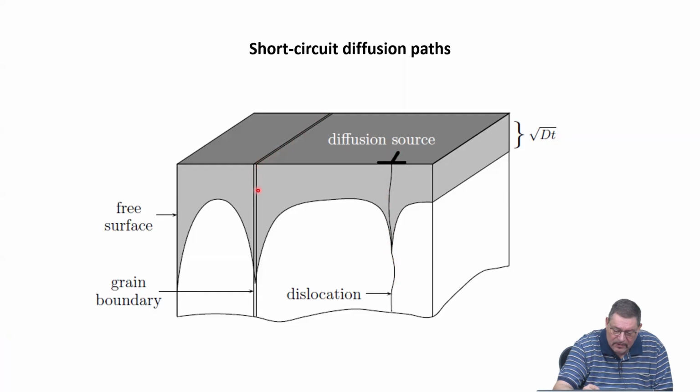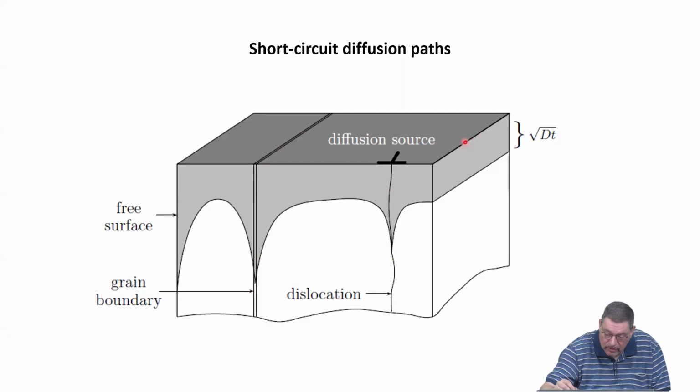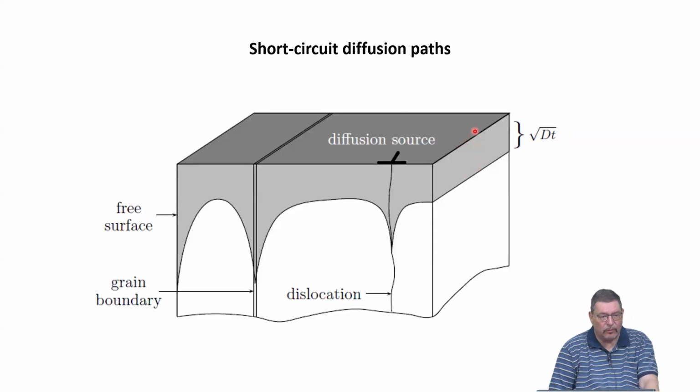So I indicated this here as a slab of material. And obviously we also have to think in experiment about a free surface as a diffusion path. In addition, we also have diffusion through the volume if the temperature is high enough or the time is long enough. What we will now do is, in experiment as well as in the description,